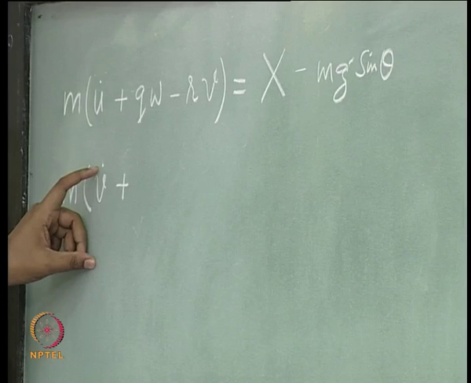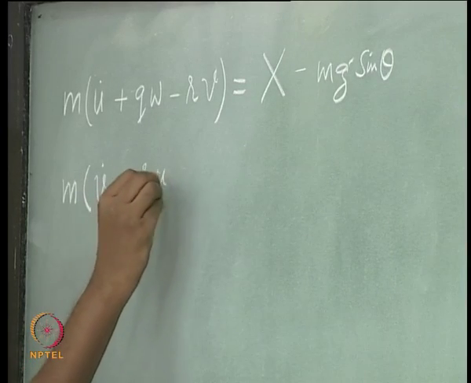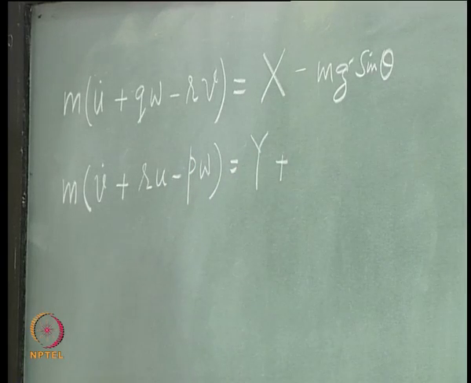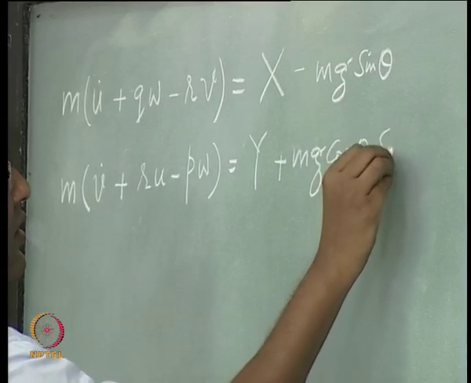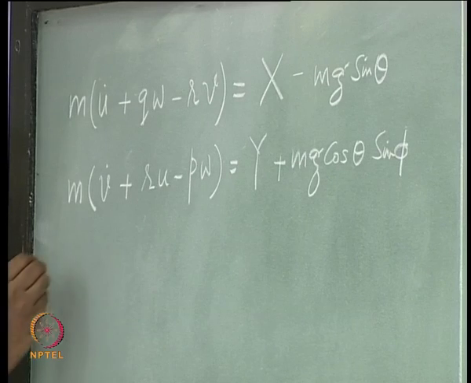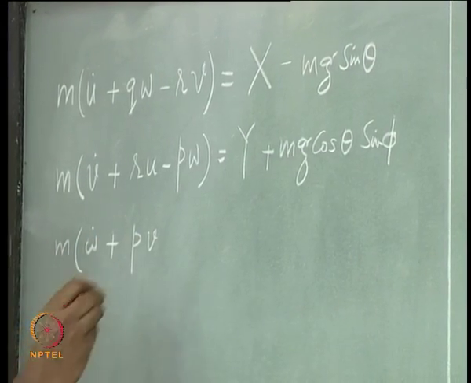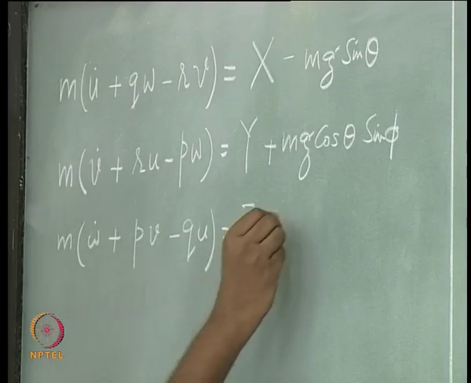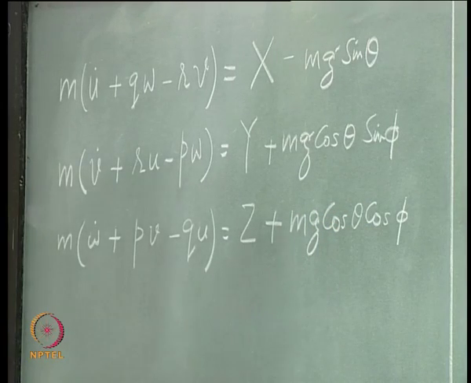This dot over a variable will indicate time rate of that derivative. Right. So, these three force equations